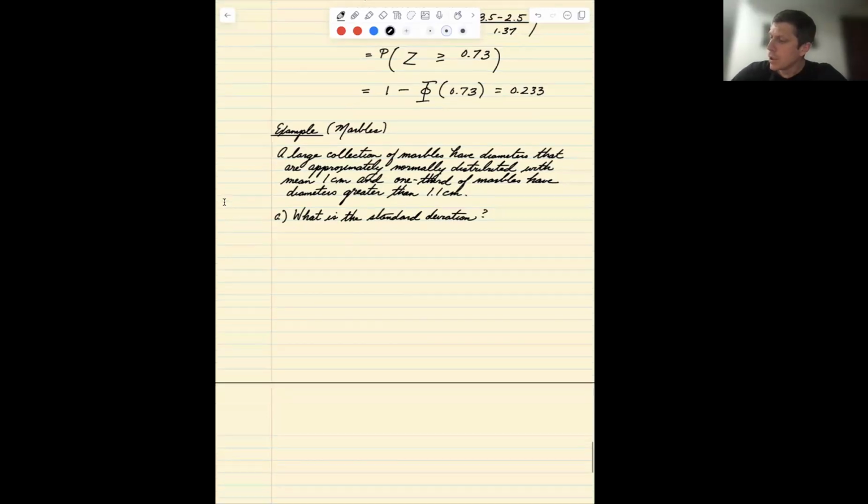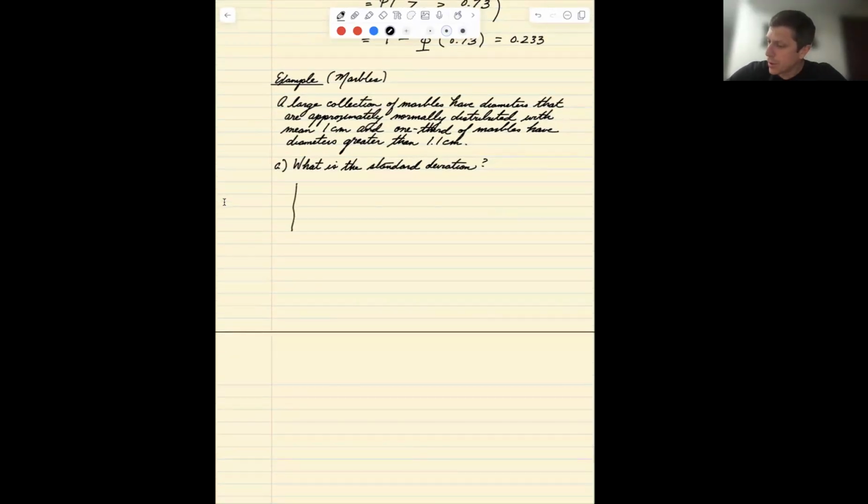Well, what we've been told is that there's a mean of 1, and we've been told that 1/3 are above 1.1. Okay, so that tells us that 2/3, right? So then 2/3 are less than or equal to